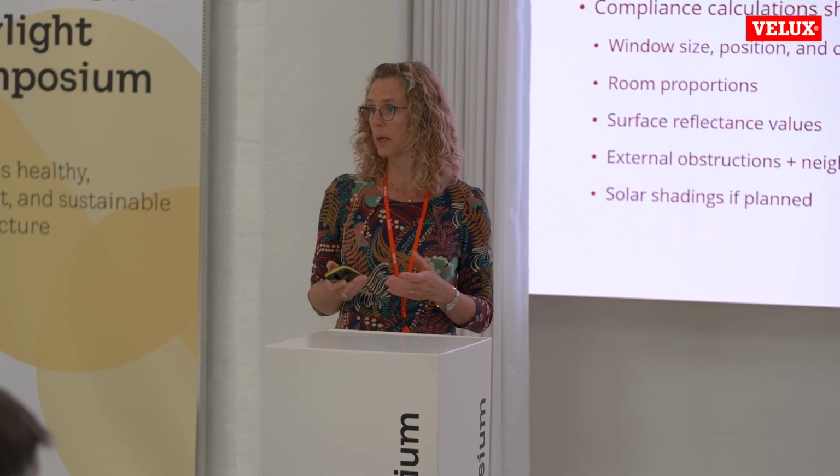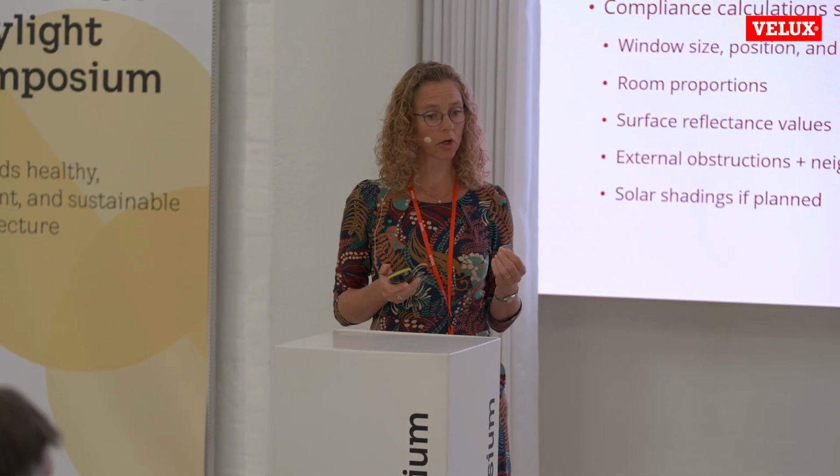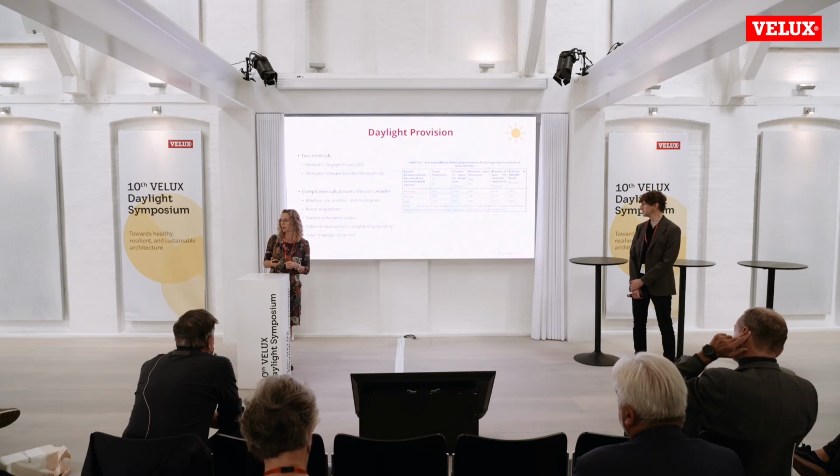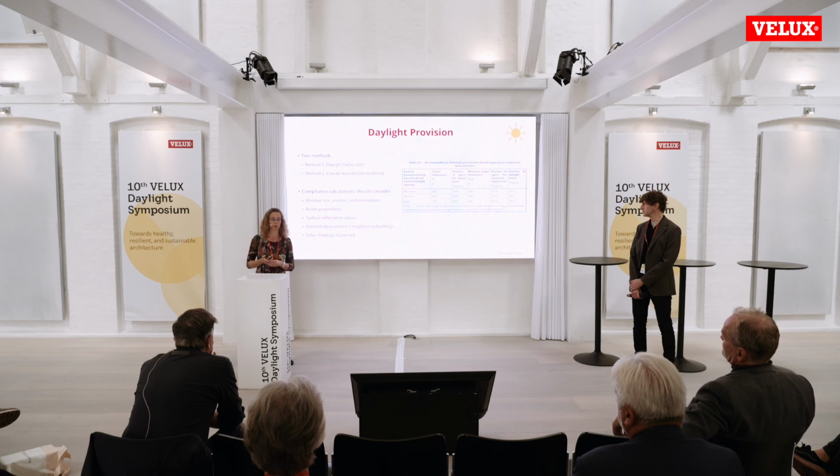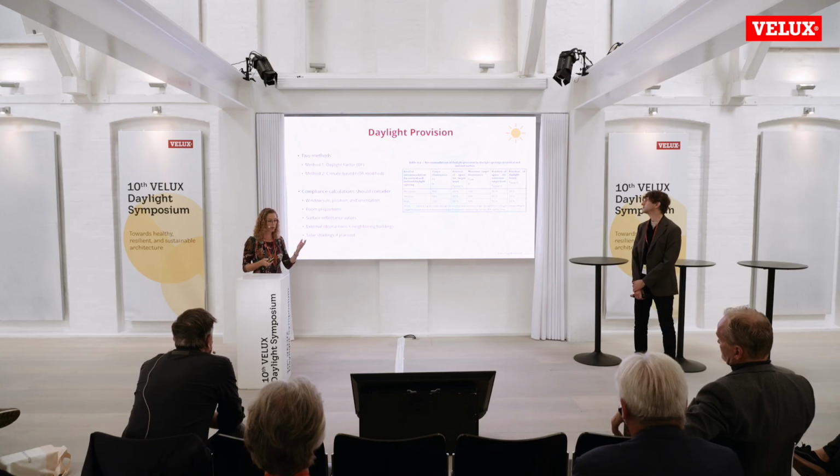So the minimum recommended level in the standard is 300 lux for 50% of the area and 100 lux for 95% of the area. And of course, the compliance calculation should include a number of items as we usually do when we do daylight